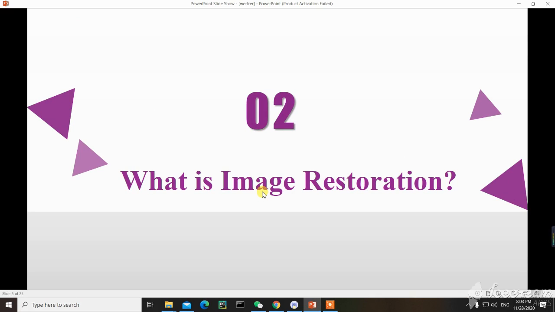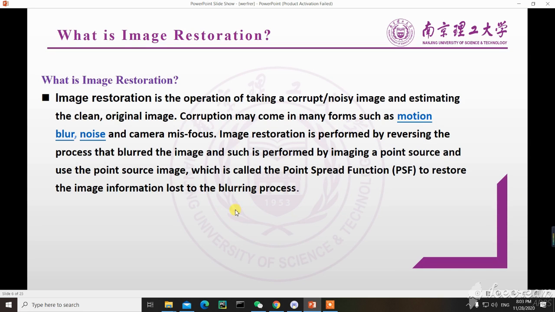What is image restoration? Image restoration is the operation of taking a corrupt, noisy image and estimating the clean, original image. Corruption may come in many forms such as motion blur, noise, and camera misfocus. Image restoration is performed by